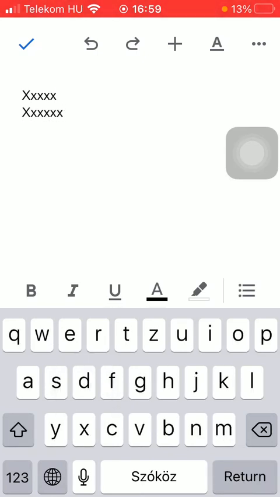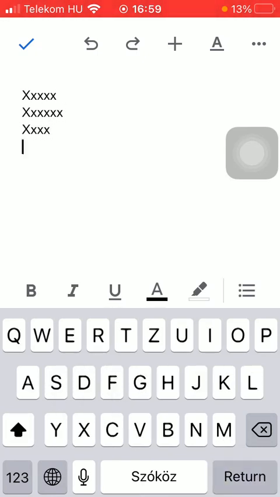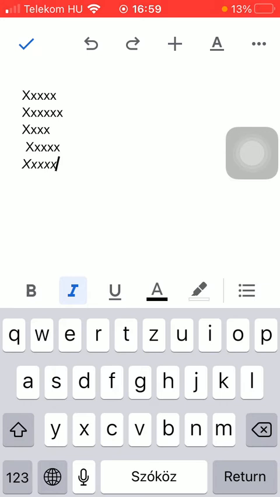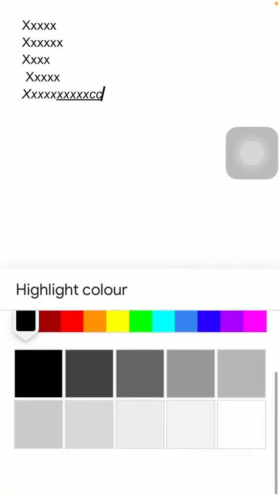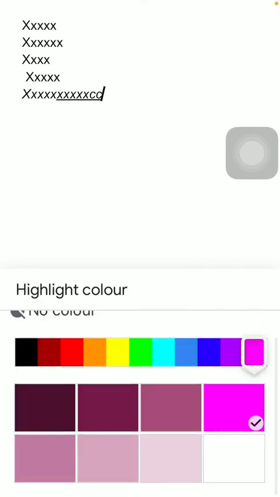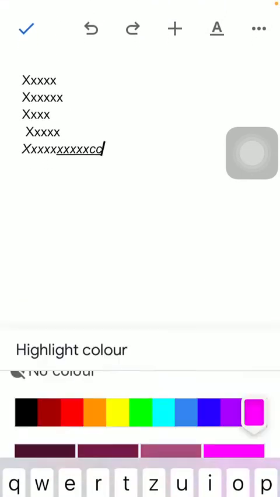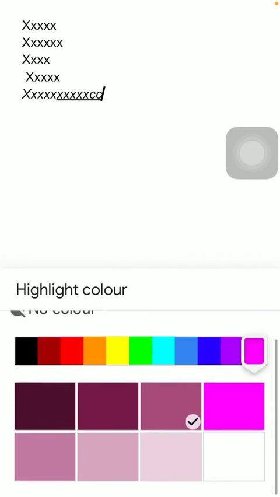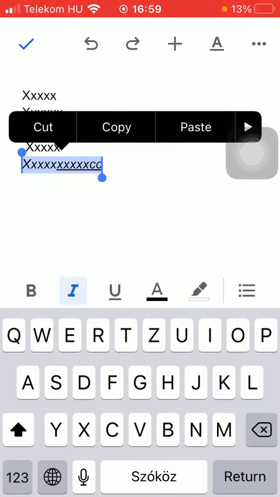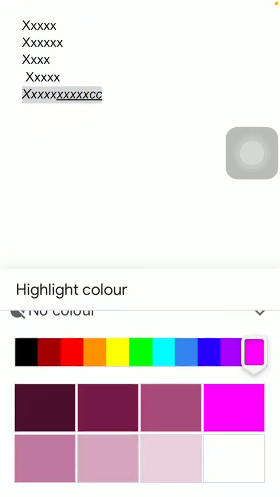You can use several options. You can italicize your writing, you can make it underline, or you can highlight your text. You should select the color and then you can use your highlighter. As you can see,